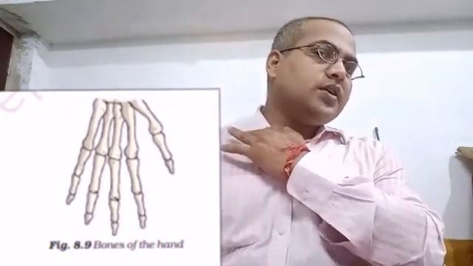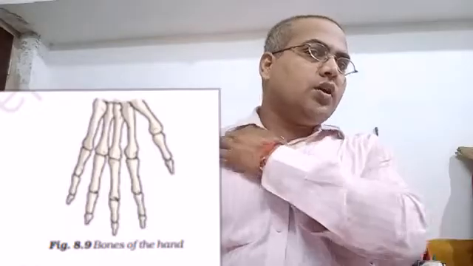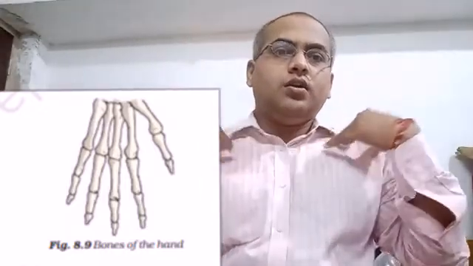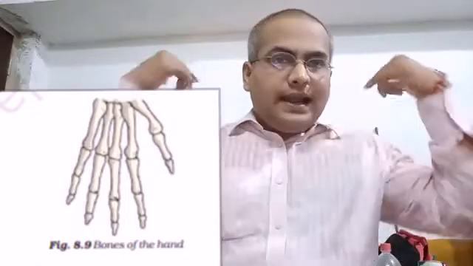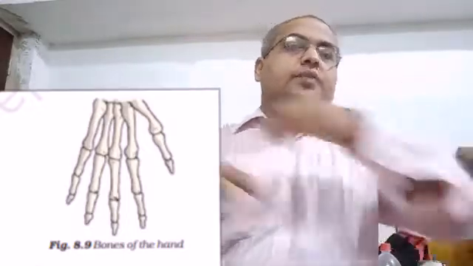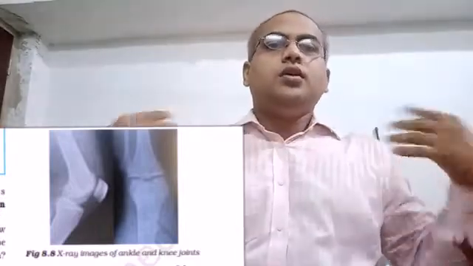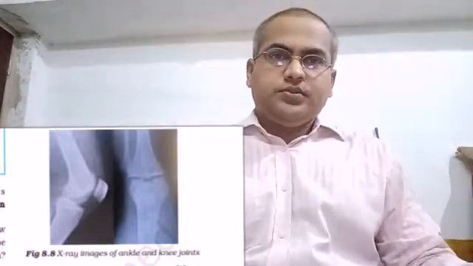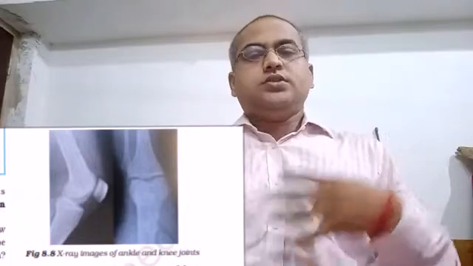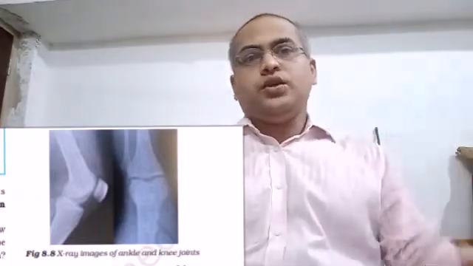Now comes this bone, which is called the collar bone. These two bones are the collar bones. And on the back side, that bone is called the shoulder bone, which is triangular in shape. These bones give proper shape to our collar. So this is the rib cage, collarbone and shoulder bone.